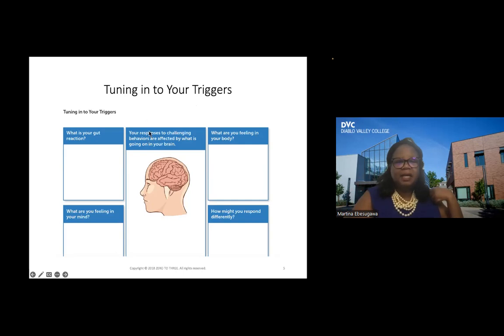There's something in the chat. It says, we wouldn't react so impulsively and would assess the situation in a more reasonable way. That's so right. That's right, Mara. Thank you.